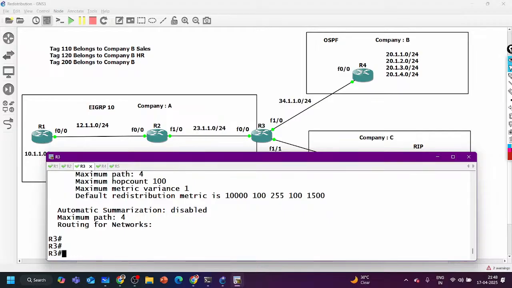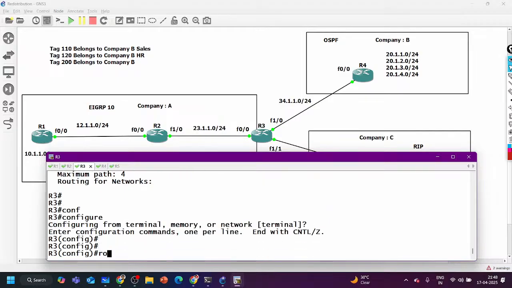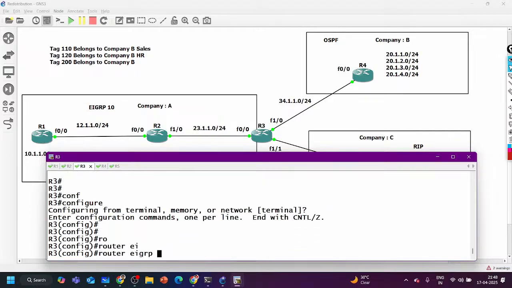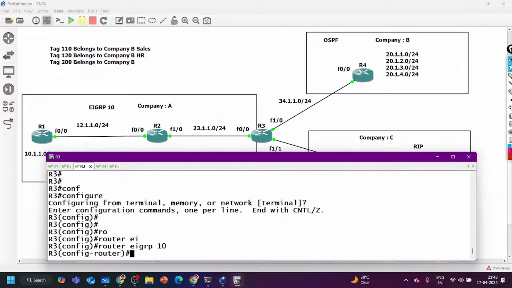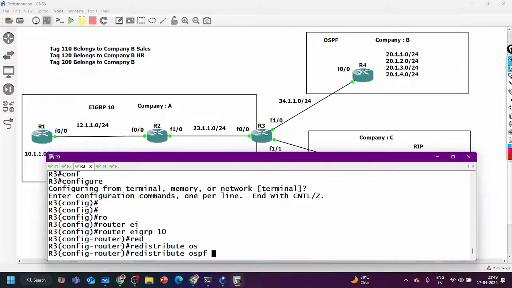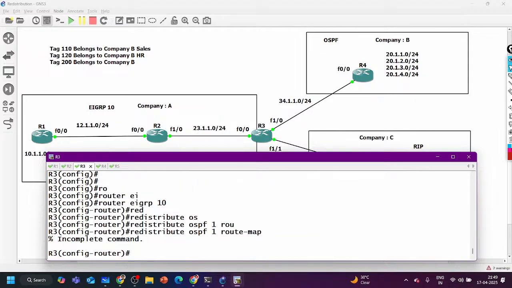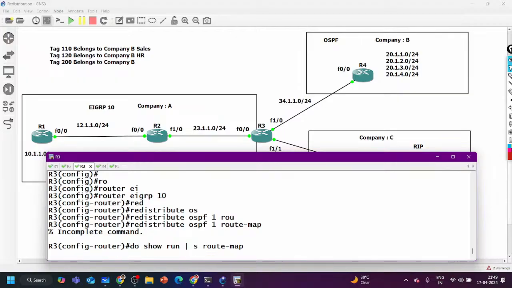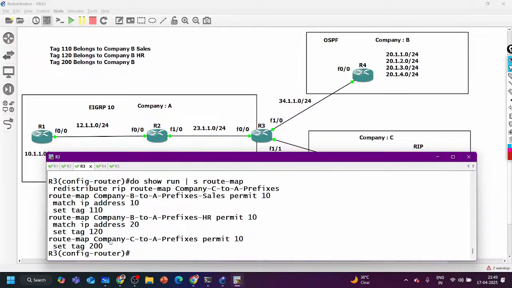Let me now redistribute. Router EIGRP AS number 10 and redistribute OSPF process ID 1 and then call your route map. Which route map? Do show run section route map. The name of my route map is company B2A HR prefix.